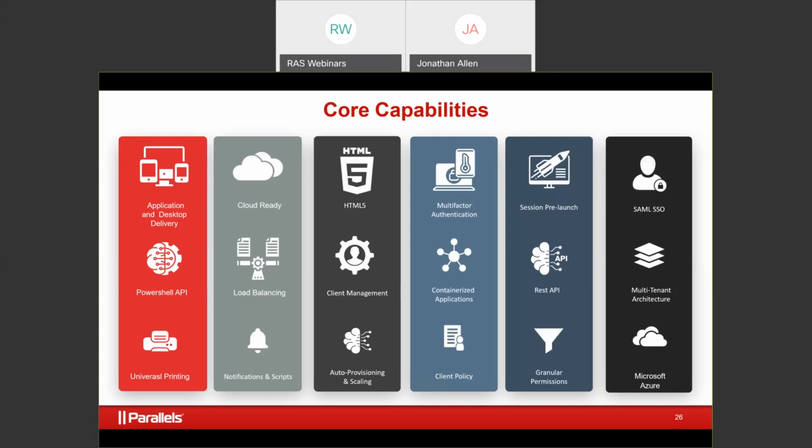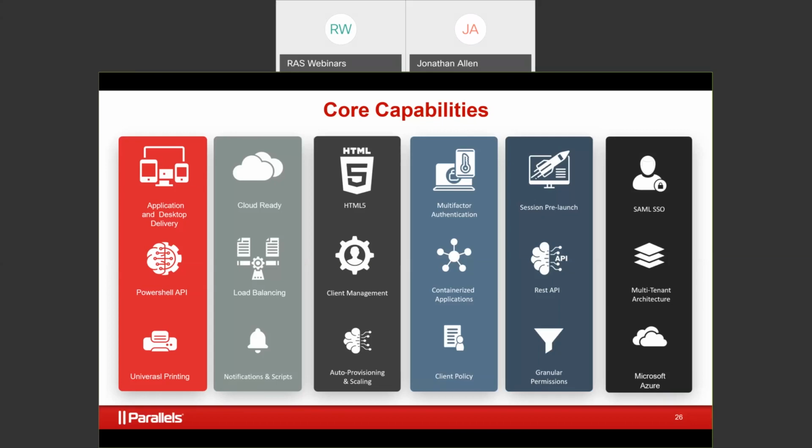So you could load balance with 15 users. You can create granular permissions with 1,500. You can provide a multi-tenant architecture with 140 users. For us, giving you the capability to utilize all the functions of the core application is more important than creating some type of licensing spectrum that we can increase our revenue on based upon what features or functions you're utilizing. Out of the box, every single organization that utilizes Parallels RAS has access to 100% of our core capabilities.